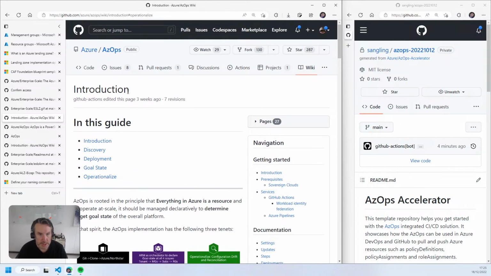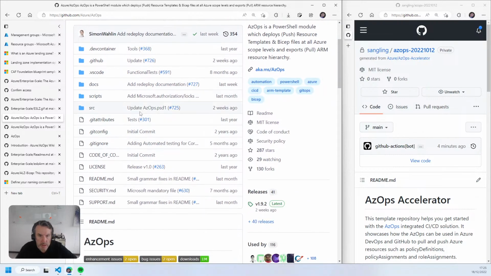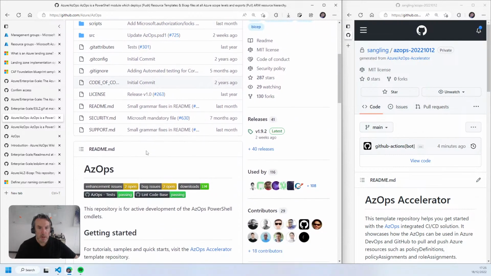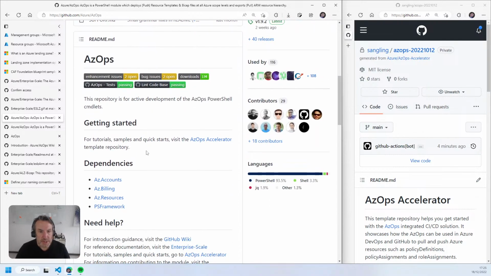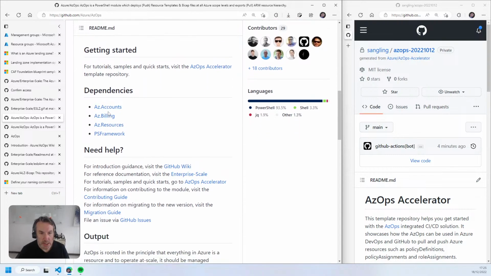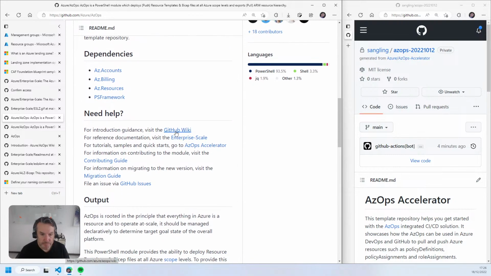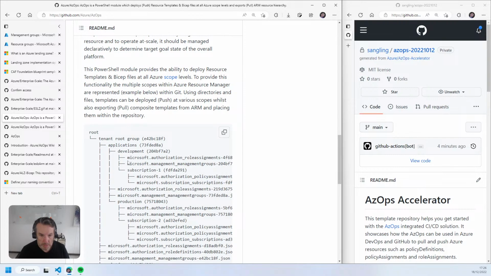So this is the accelerator. This is docs, Android deployment document. AZ Ops, get started. That's the accelerator we're looking at. Dependencies, AZ accounts, billings, resources. Okay, so